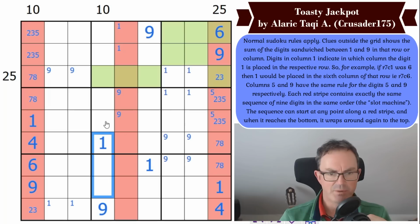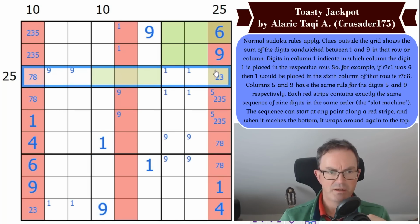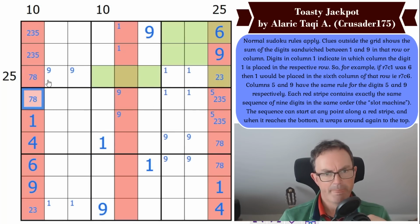I pause there because these sorts of puzzles often leave me so confused. What about this one then? So here, well...